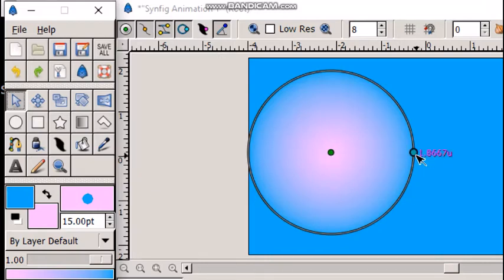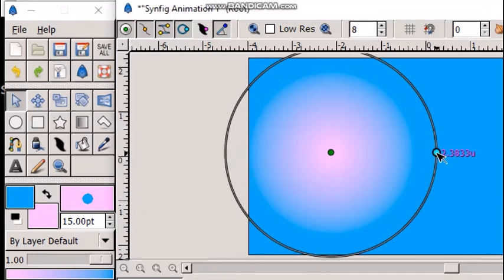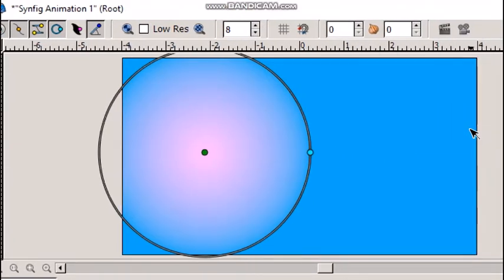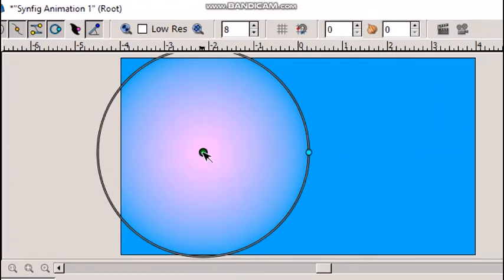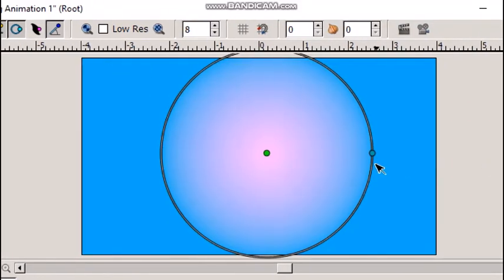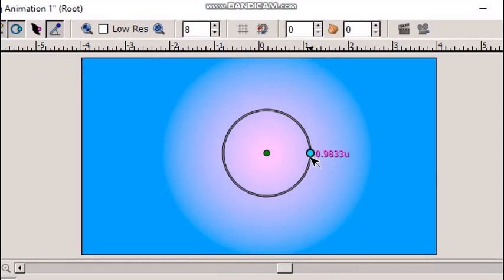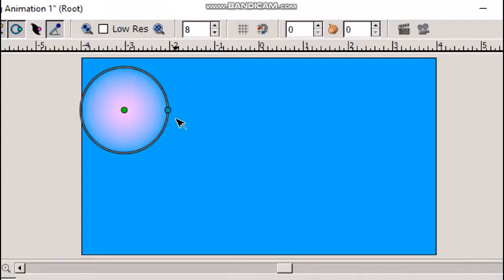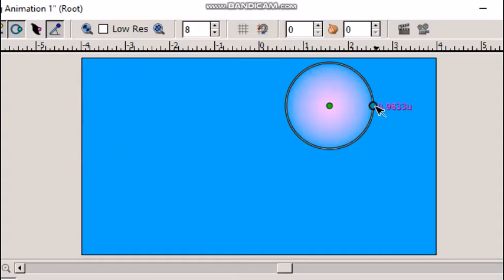This is the blue duck, used to change the radius of the circle, and the green duck is used to change the position of the circle like this. Again I'll change the radius, make it small, and the position of the circle.